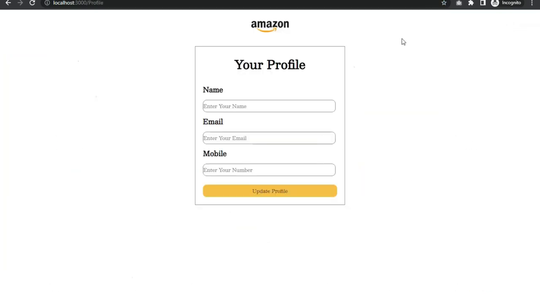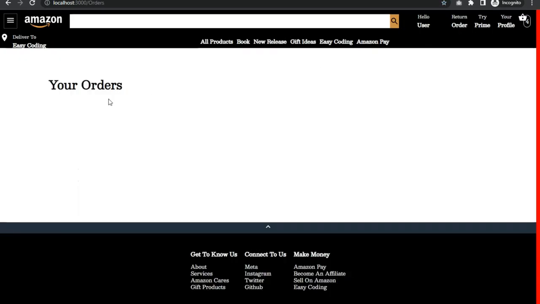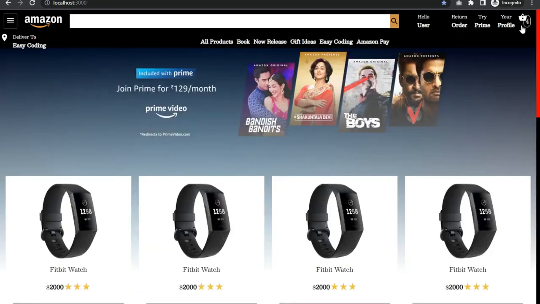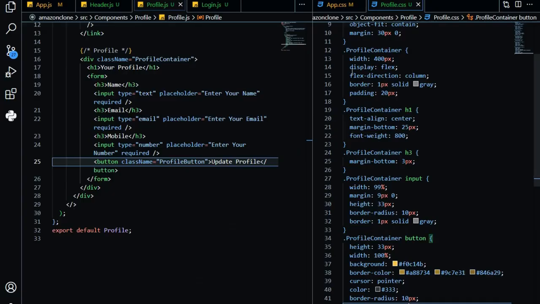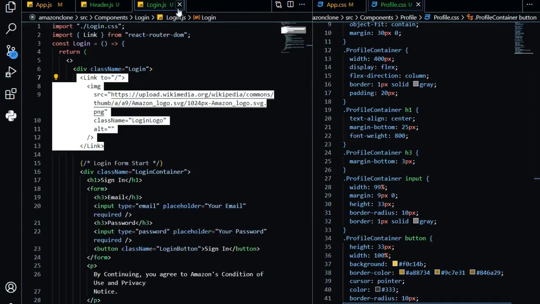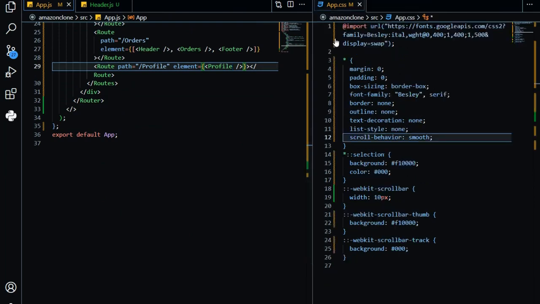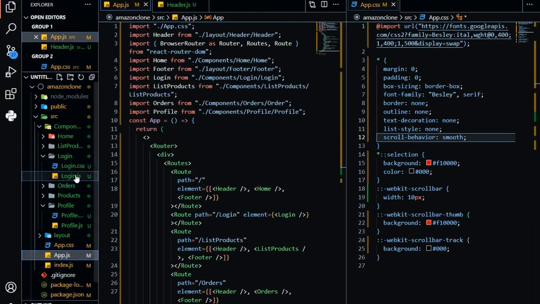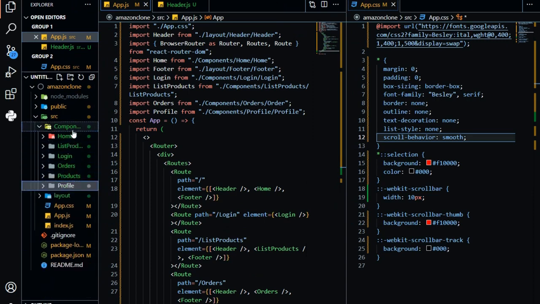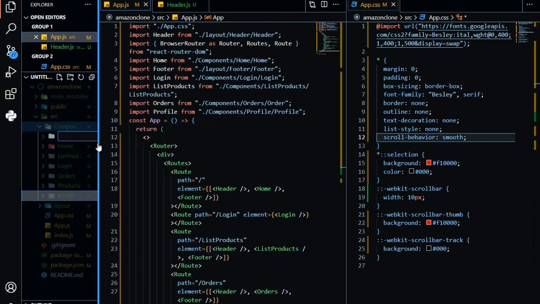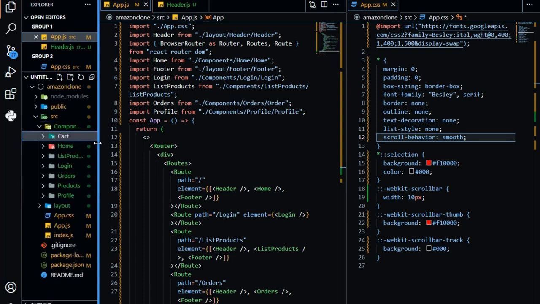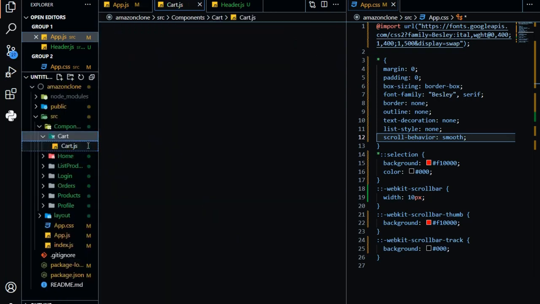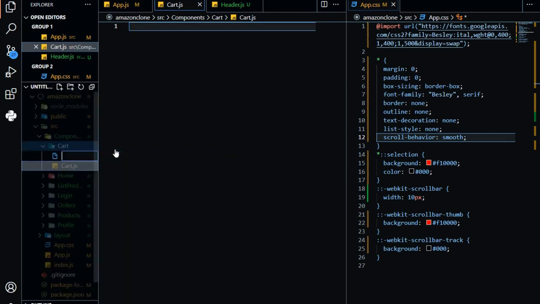Return your profile, return order is also complete. So most probably our Amazon clone frontend is completed. So I'm going to create a cart section, last but not the least. Just create a new folder with the name of cart inside component folder, and making a new file in cart with the name of cart.js, another file with the name of cart.css,